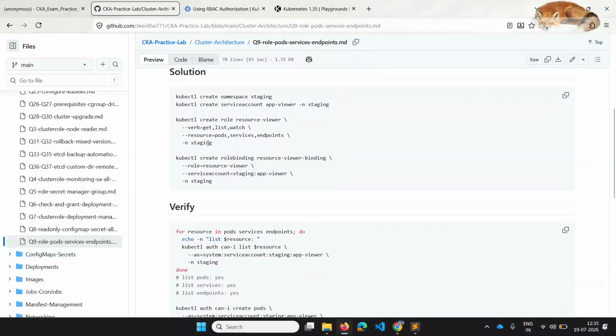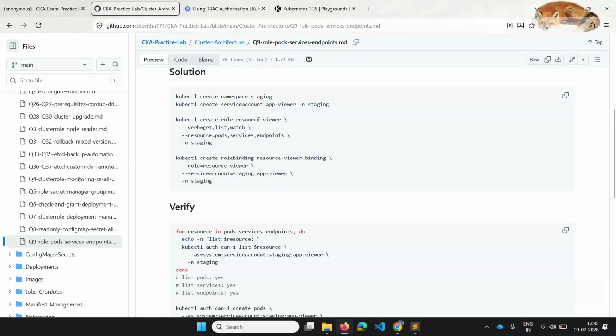In contrast, for a cluster role you won't specify any namespace, because a cluster role and cluster role binding are applicable to the whole cluster.